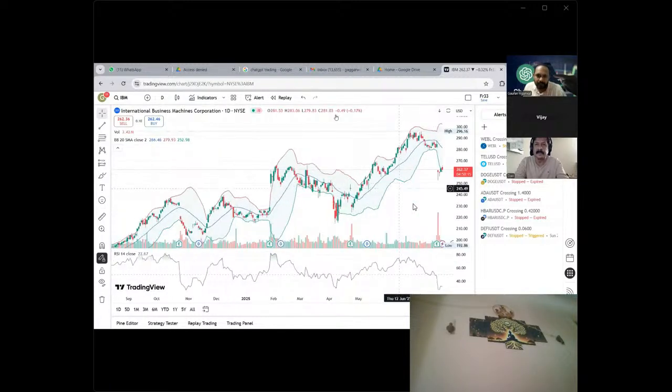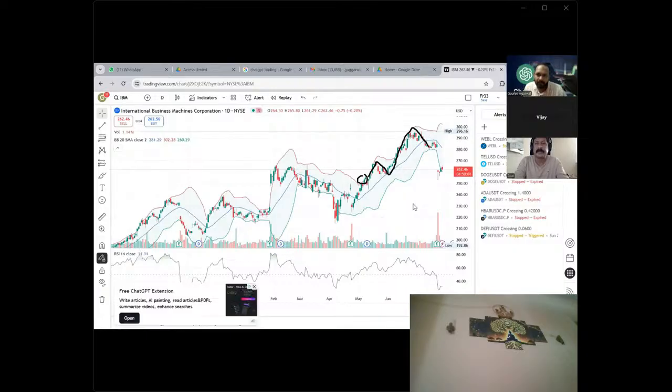See, in this scenario there was a breakout here. It went up, it came down to average the price, and then again it started to move up. After that, it came down. So the use of a moving average is that the price will go up and try to touch it back again, try to average the price, and after that it will start moving again.